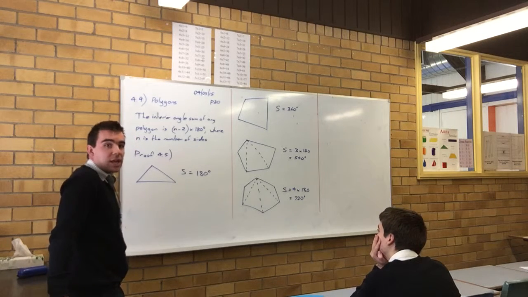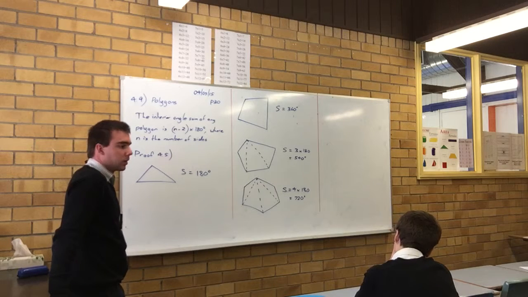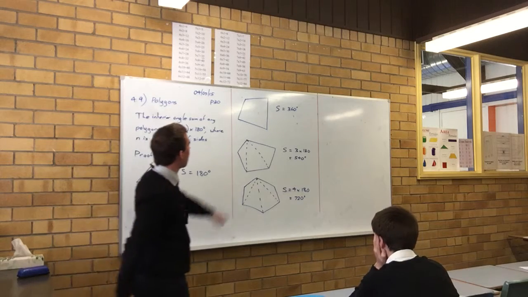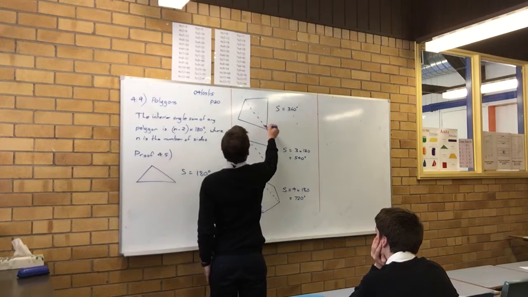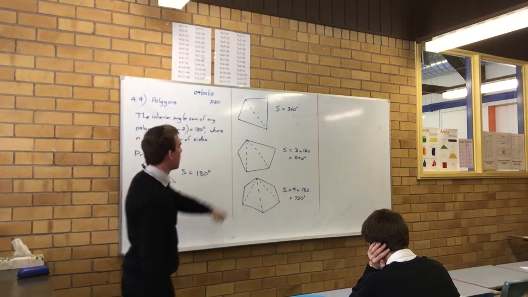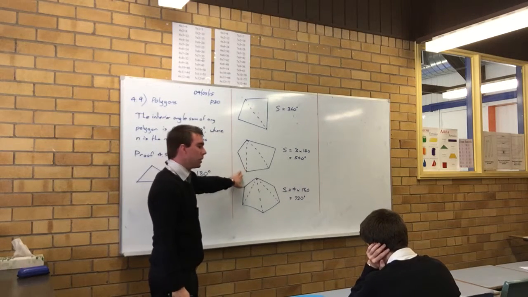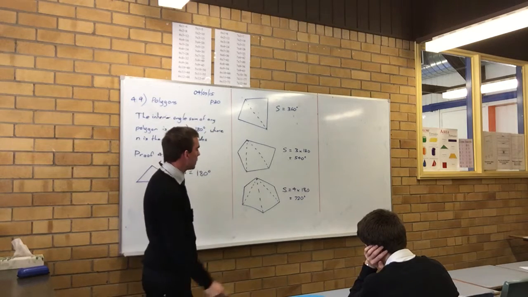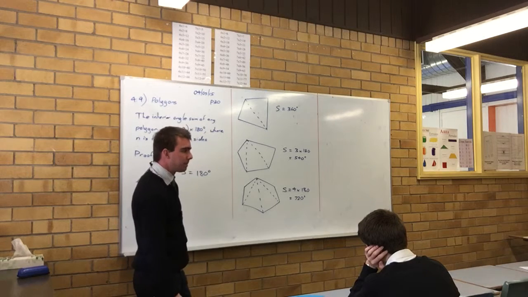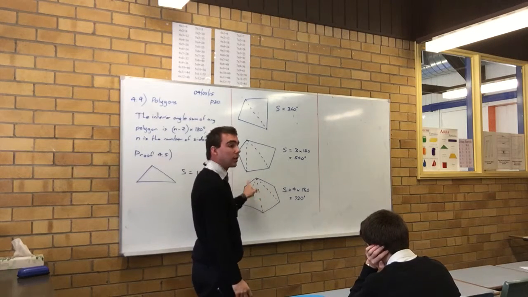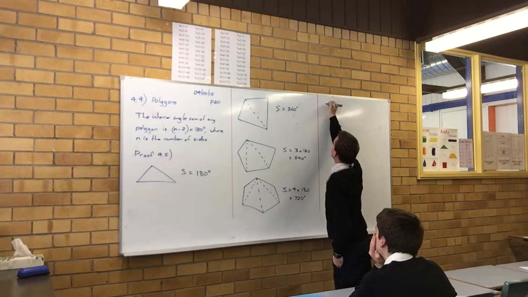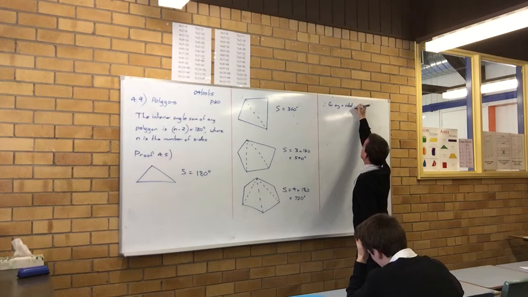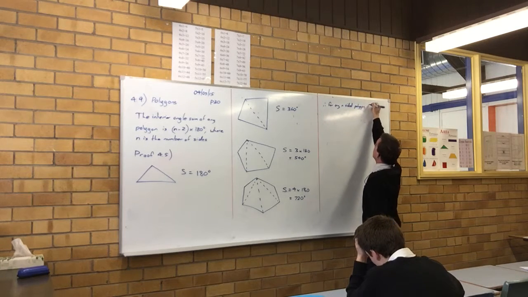Alright, so can anyone see the connection between the number of sides in a polygon and the number of triangles inside the polygon? This one we have 4 sides and 2 triangles. This one we have 5 sides and 3 triangles. This one we have 6 sides and 4 triangles. So for any general n-sided polygon, because there are 2 fewer triangles than there are sides, therefore for any n-sided polygon,